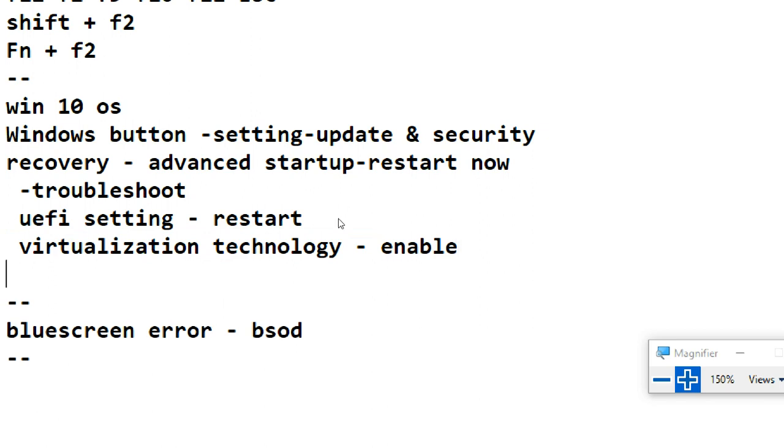Save it, usually with F10 or F9. Save and exit. So go to the option, save and exit.